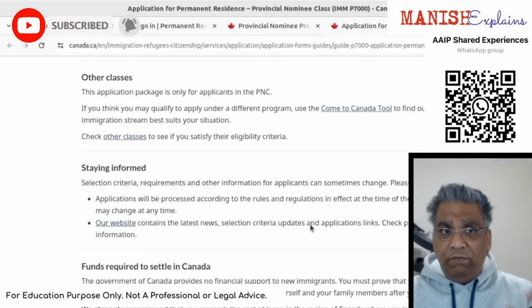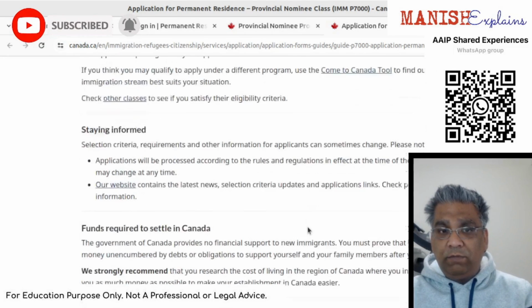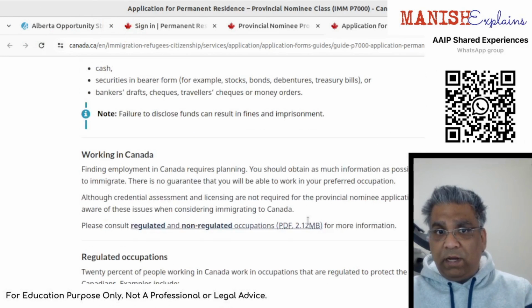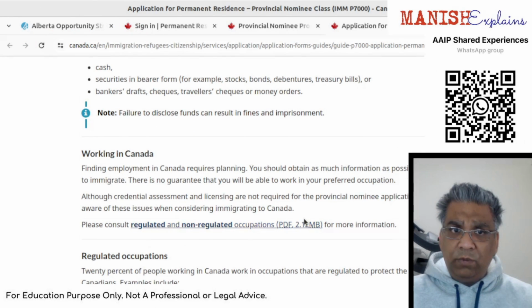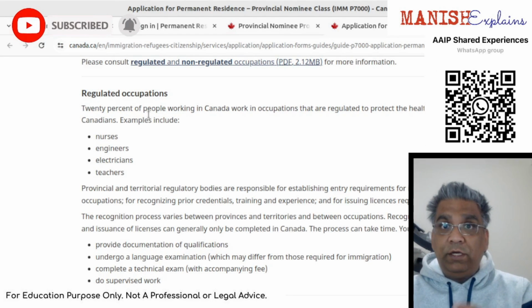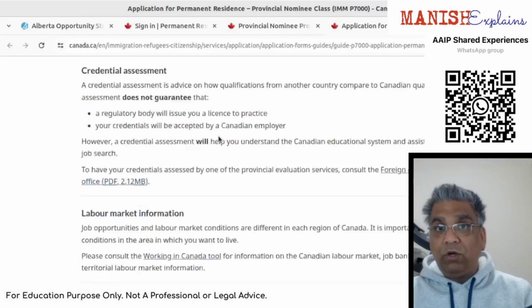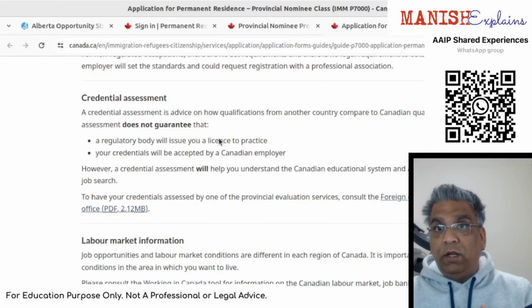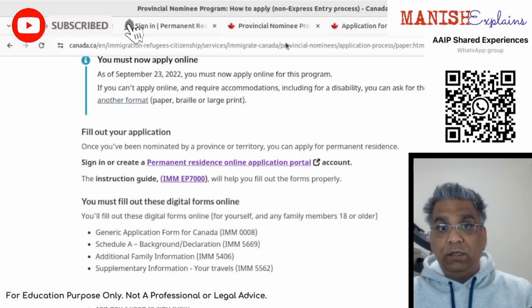There are various sections to this particular form, like funds required, disclosure of funds, working in Canada, whether the occupation is regulated or not regulated. There are a lot of directions for filling up this particular form.